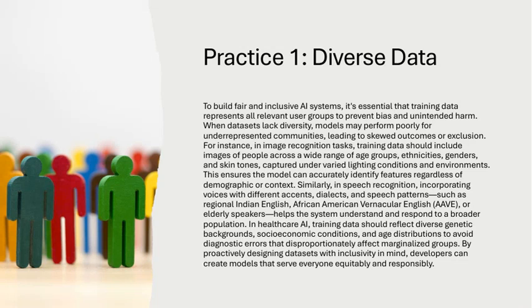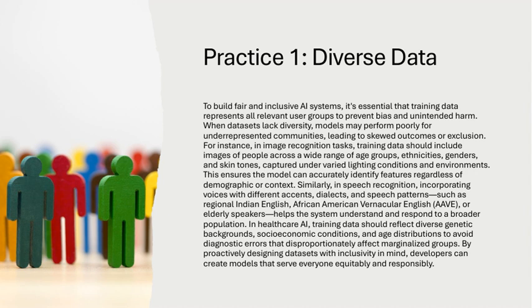When building fair and inclusive AI systems, one of the most important practices is ensuring that our training data truly represents all relevant user groups. This helps us prevent bias and unintended harm. If datasets lack diversity, the models we create might not perform well for underrepresented communities, which can lead to skewed